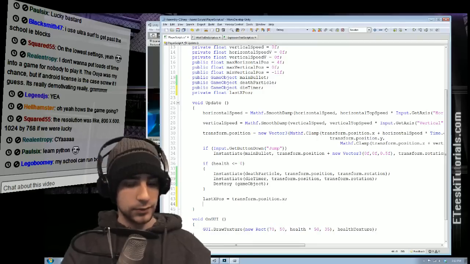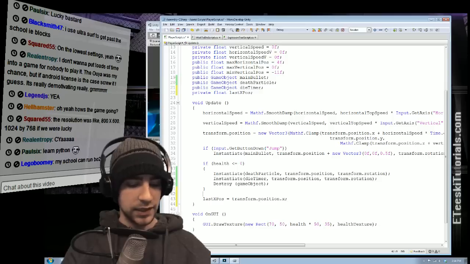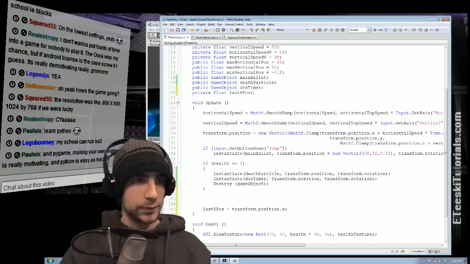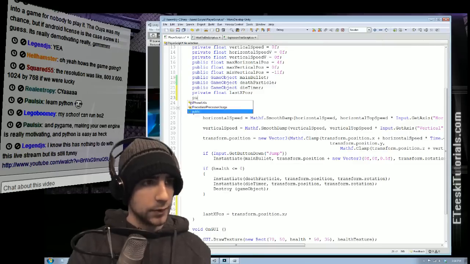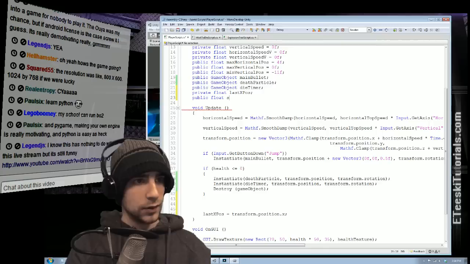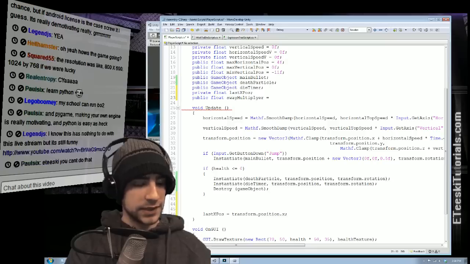All right. Oh, I need to make this line above here. Okay. Oh, and now I need a public float swayMultiplier. And we'll have it by default be